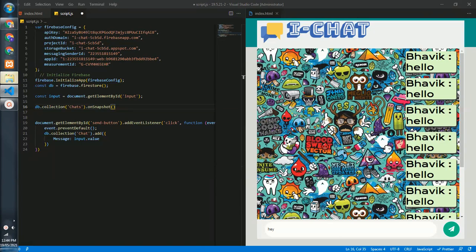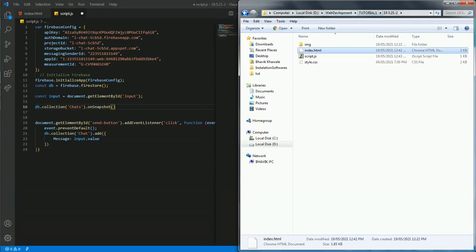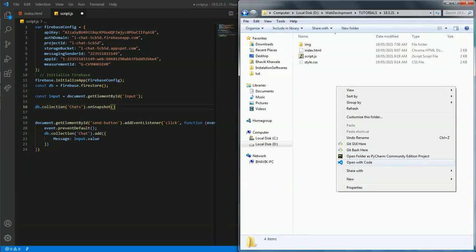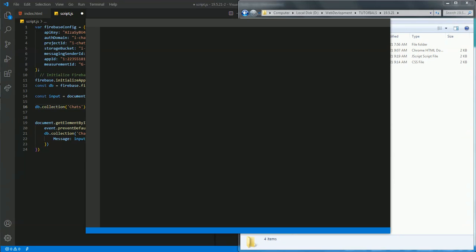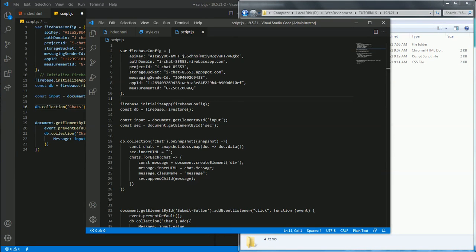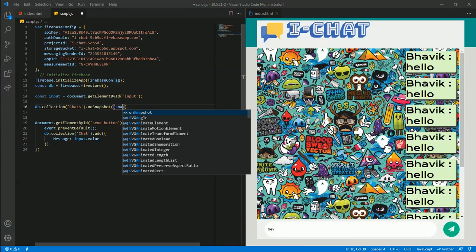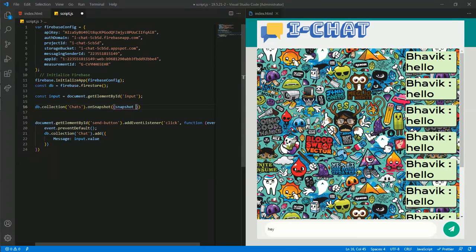I already did that. Just to be sure, let's have a look at it. This is not a thing that you just need to learn by heart. You can do it again and again. Okay, so now we know onSnapshot will give us a value, that is snapshot, and outside that make your arrow function,